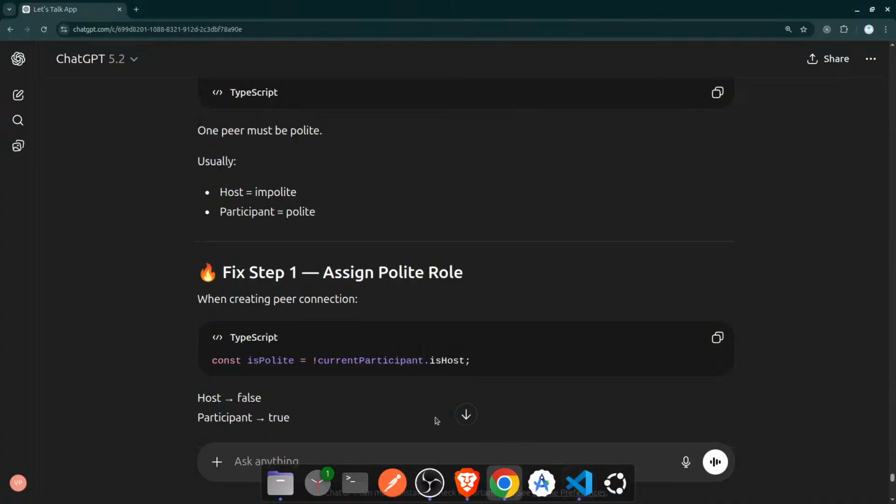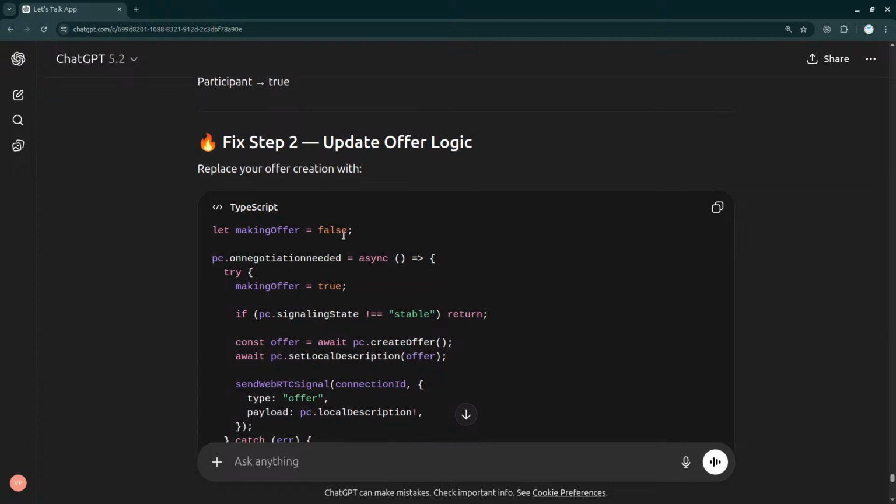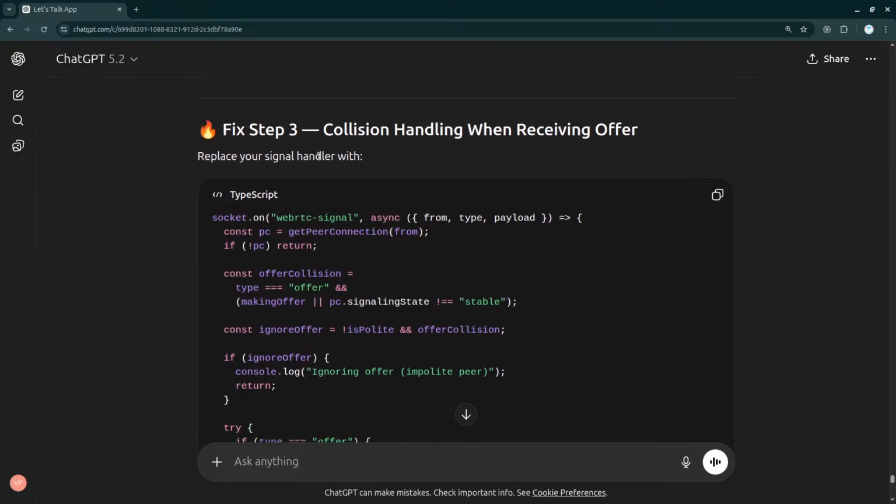And now the question is, how will I be using this? So I've set the values, update offer logics. First of all, making offer, okay, fine. And this is how I'm simply tracking that. Then collision handling when receiving. So okay, fine. Offer collision, how will I check the offer collision? I'm checking whether the making offer is true or not, and after that the PC signal state and all. Okay, this is fine. And then ignore offer, in which case, if is polite,